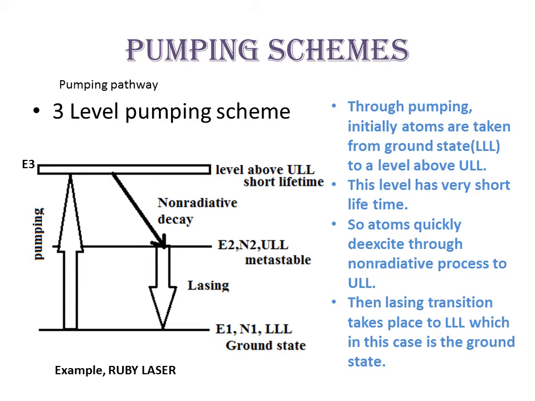So here we don't have any energy levels below the lower laser level, and in the case of Ruby, I have not shown the diagram here, but if you refer to the Ruby energy level system, you know the lower laser level is the ground state, so there are no energy levels below the lower laser level. So ground state, lower laser level 1, above that you have got the upper laser level 2, then above that you have got 2 bands, so all the energy levels above the upper laser level will be counted as 1. So that will make the number of levels 3. Therefore Ruby is a 3 level pumping scheme. Okay.